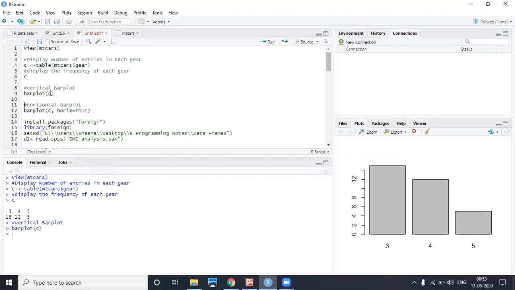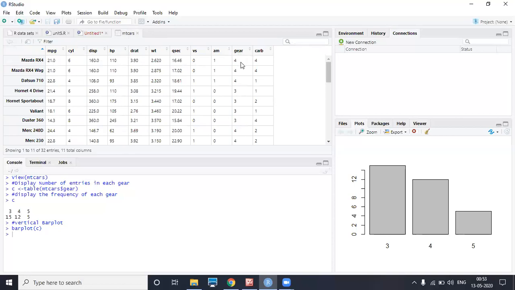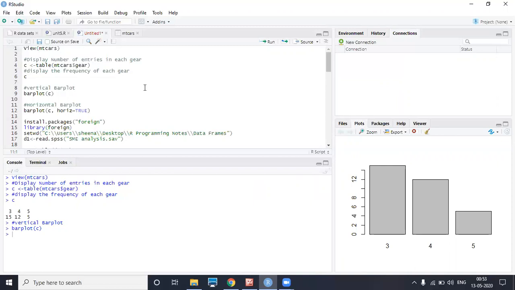So now we say barplot C. We can see here it has given you a simple bar plot where 3 gears has the frequency 15, 4 gears is 12 and 5 gears is 5. It is counting how many vehicles have 4 gears, how many vehicles have 3 gears and how many vehicles have 5 gears. So in this way the chart is drawn.